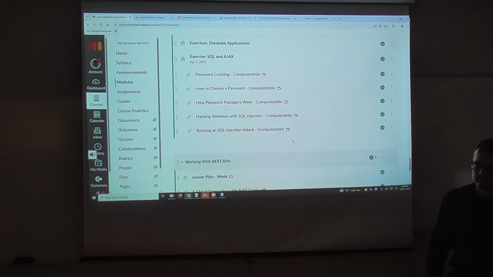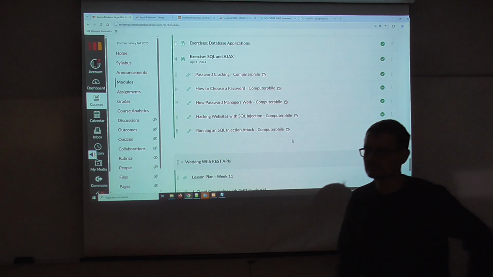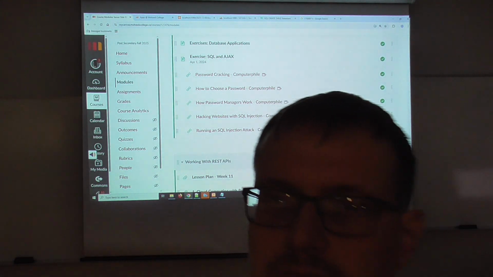These passwords can also be a little bit annoying, because I remember one case where I went to a store